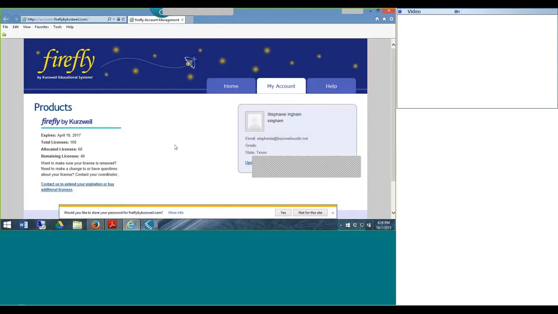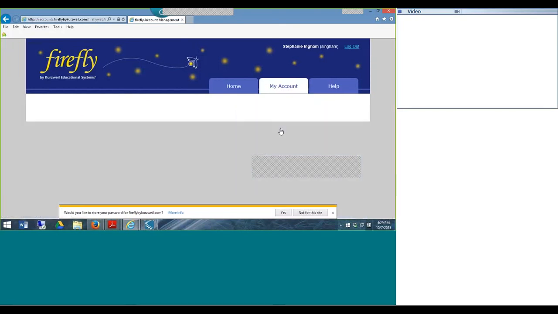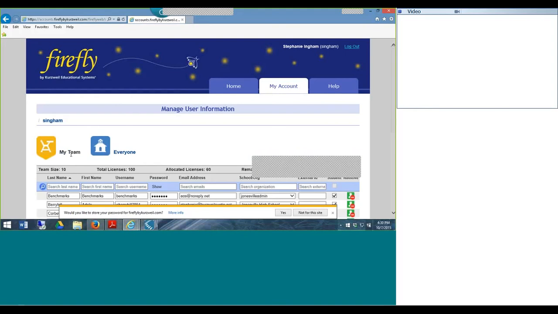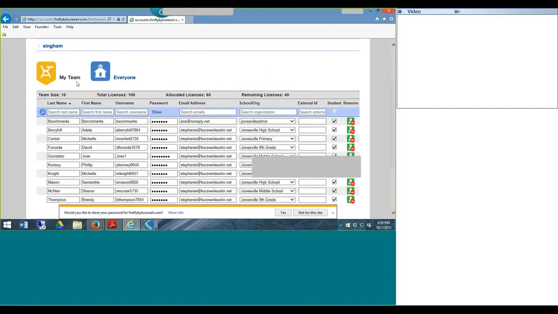Click Login, or OK, or Enter. And then I can go to My Account, down to Users. Now, I have an Everyone tab and a My Team tab. When a teacher first comes into the program, there shouldn't be anyone listed in My Team unless your district was